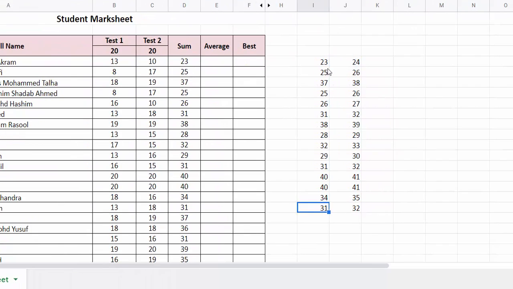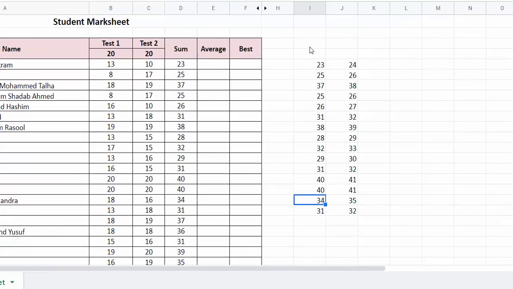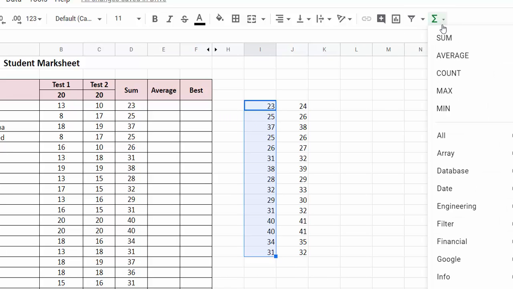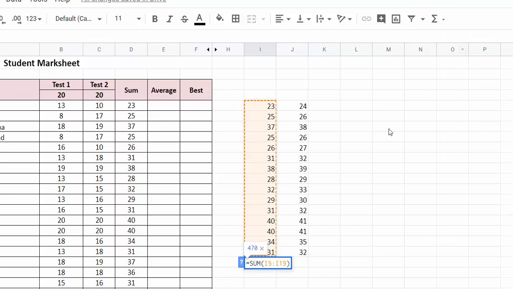We have done column wise addition, that is 13 plus 10. If you want to go for row wise addition, means for example this is a data, if you want to add all these values, it is also possible. Select the range and say sum, enter. So you will get sum of all these values.